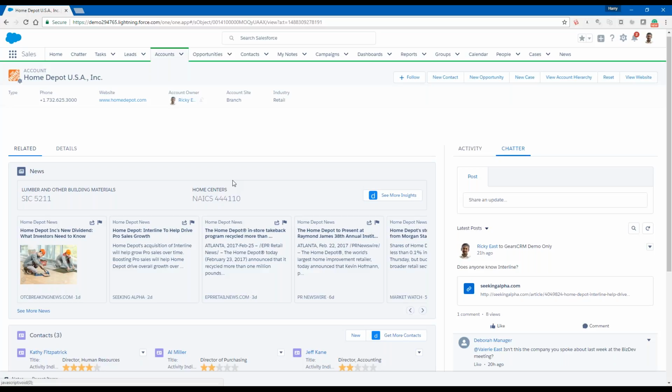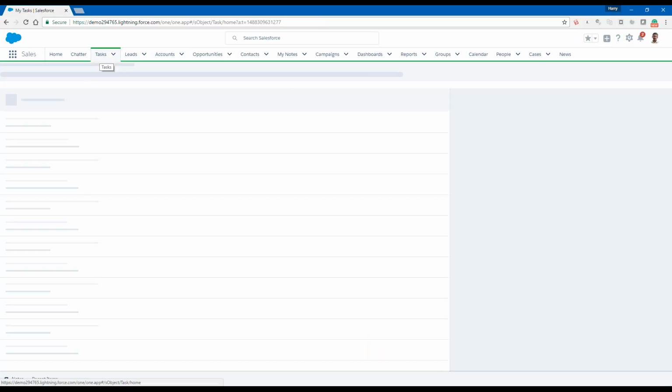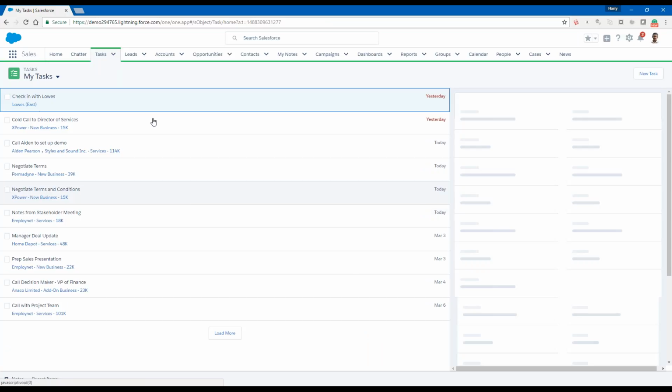All right, so one last thing on activity management that I just want to cover really quick that's not really tied to the page layout. We just talked about all those activities. One of the cool things is that Tasks finally has its own tab. So if I click into here,